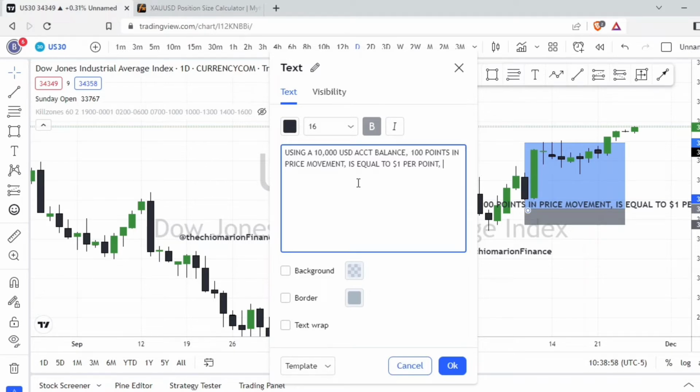Then 100 points in indices is equivalent to 1,000 pips. So calculating in pips, 1,000 pips should now be